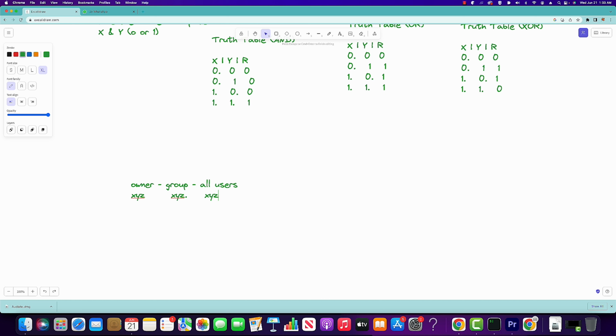So what can be the possible values? Every class, owner, group, and all users, has 3 bits. What are the possible values of this? They are all binary, so it's 2 raised to the power 3, which is 8 possible combinations, right? So what are going to be the combinations? 8 possible combinations means